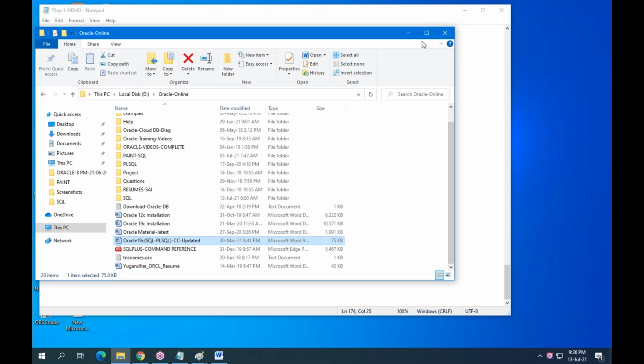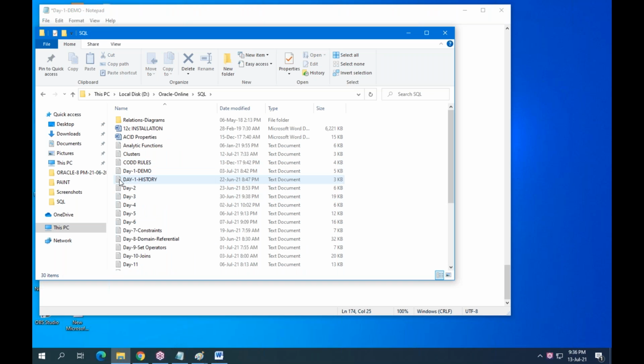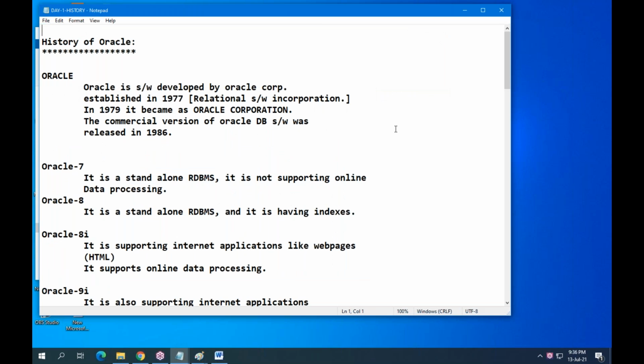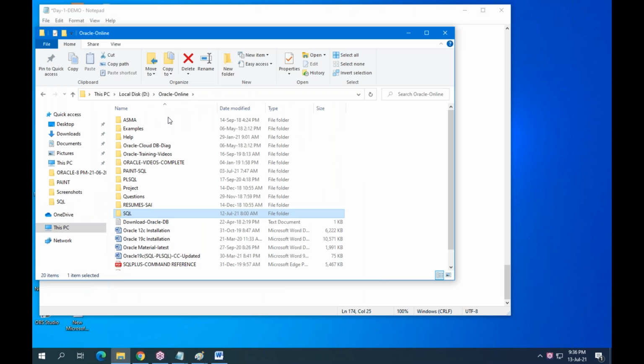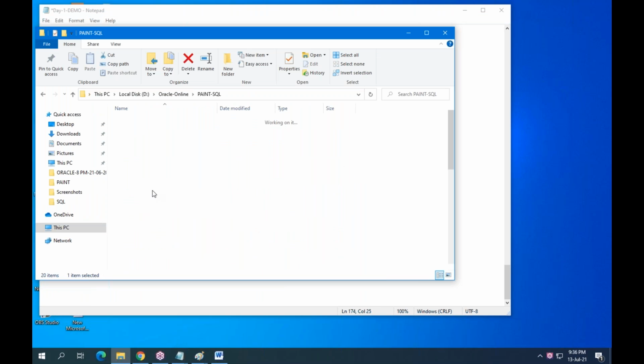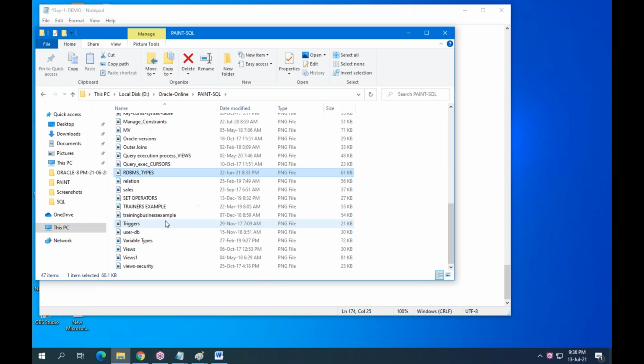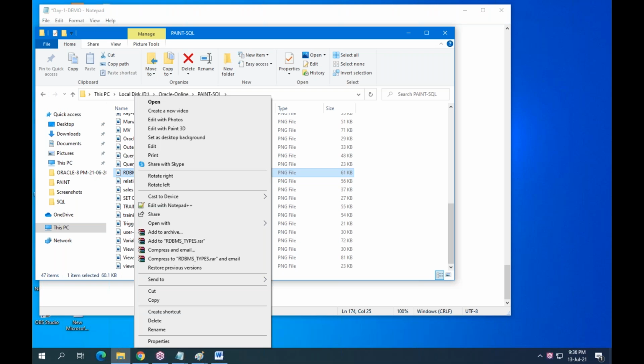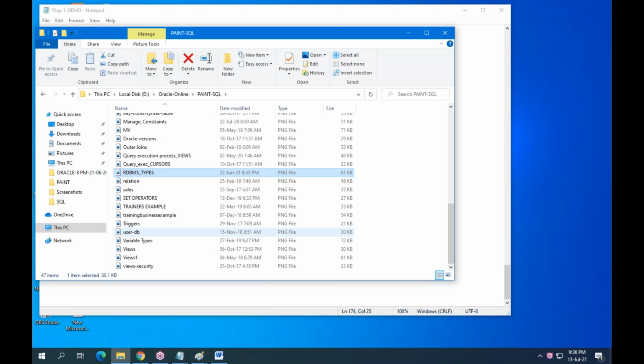Okay, now in any project, you can see two types of databases, OLTP and OLAP. What is OLTP?